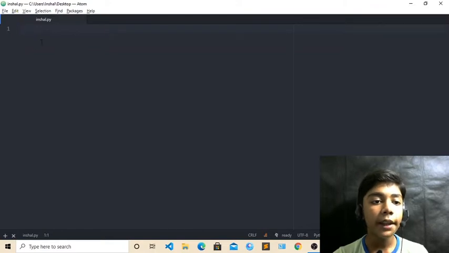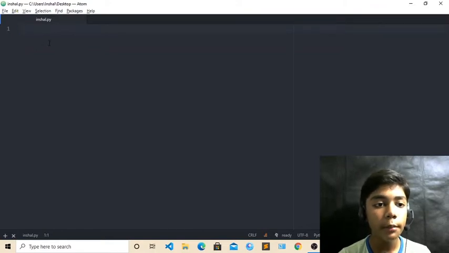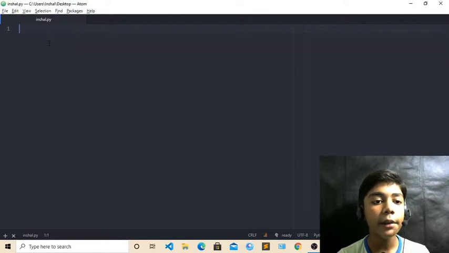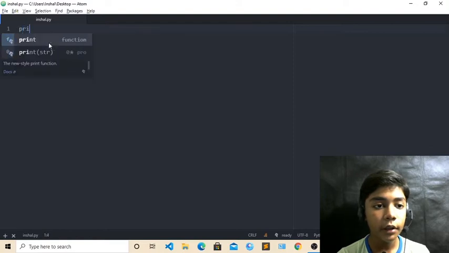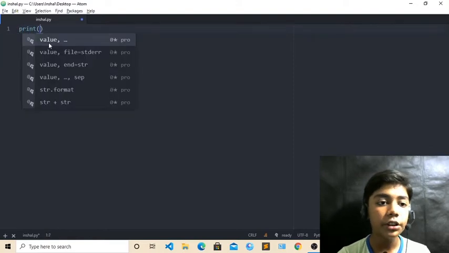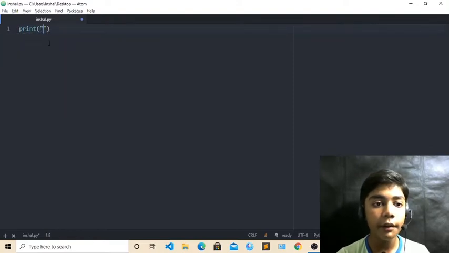For making the contact book, first of all we have to make one print tag. In previous classes you already learned what a print tag is, and I hope you all remember that. So for this you have to write print. In this print tag we will define what our book is about. It is a contact book, so we will write here contact book.